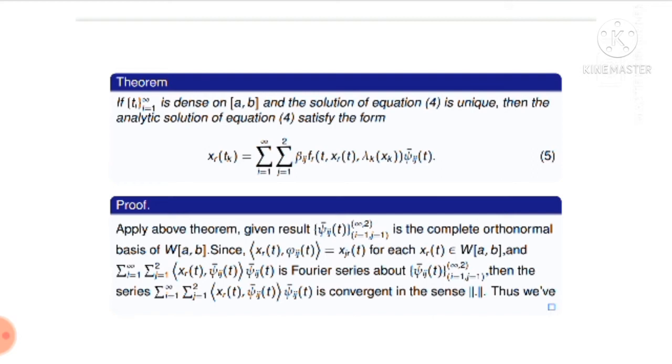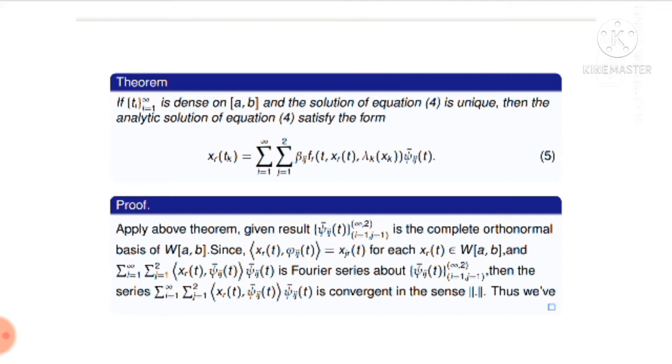And this one is proof. Apply the above theorem. Given the result, ψ̄ij(t), i equal to 1 to infinity, j equal to 1 to 2, is the complete orthogonal basis of W[a,b], since ⟨xr(t), ψij(t)⟩ equal to xjr(t) for each xr(t) belongs to W[a,b], and summation i equal to 1 to infinity, summation j equal to 1 to 2 of ⟨xr(t), ψ̄ij(t)⟩